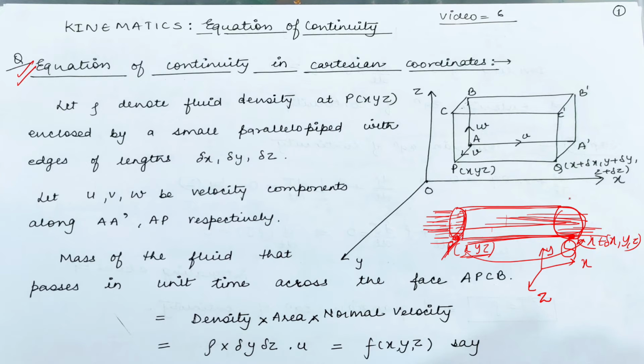Fine. Now if we are using the Cartesian coordinates, and q is the velocity of the fluid which is moving from this direction to this direction, it can be written in three components, the components of the velocity q. So we can write it like this: ui plus vj plus wk. Now u is the velocity component along the x direction, v is the velocity component along the y direction, and w is the velocity component along the z direction. This they have shown here.